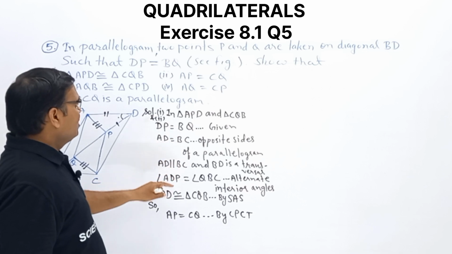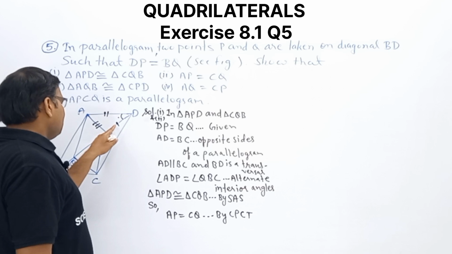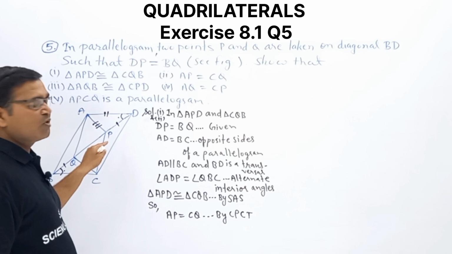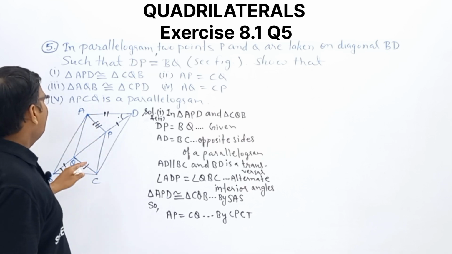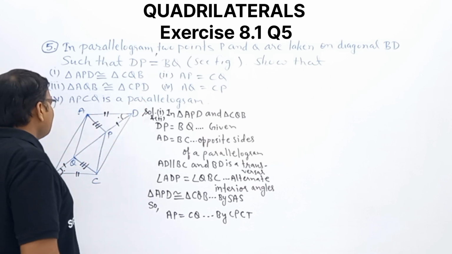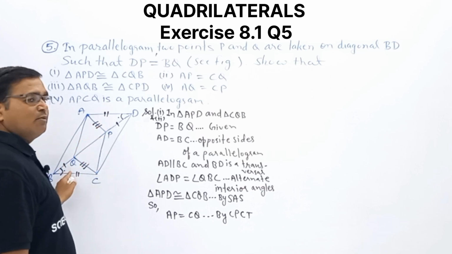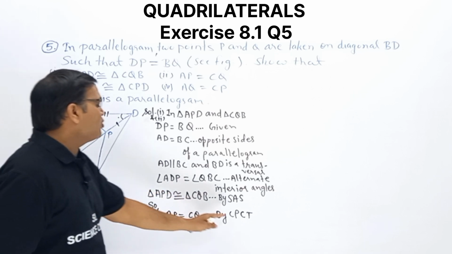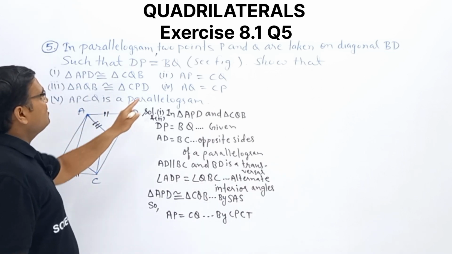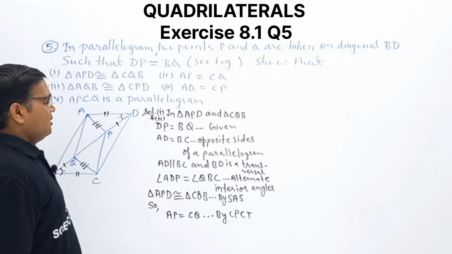Solution 1st one and 2nd one, we are taking these two triangles, we are equating three things. This side equal to this one given in the question, this one equal to this one. Why? Because this is a parallelogram, so opposite sides will be equal, and this angle equal to this one. Why? Because these two are parallel lines and BD is the transversal, then this angle equal to this one, alternate interior angles. So these two triangles will be congruent. So corresponding parts of these two triangles will be equal. It means side AP will be equal to CQ, and this thing we want to prove in question number 2. So 1st and 2nd we proved there.